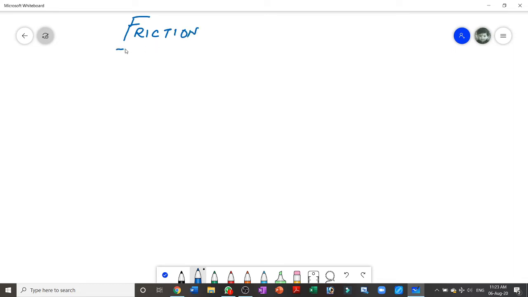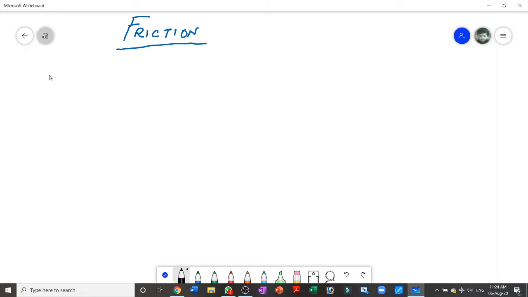Now this will be the basic part where we are going to know what is friction, how many types of frictions are there, what are the two main types of friction that we are going to study today, that is the kinetic friction and the static friction, and what causes friction, both old and modern view of friction.